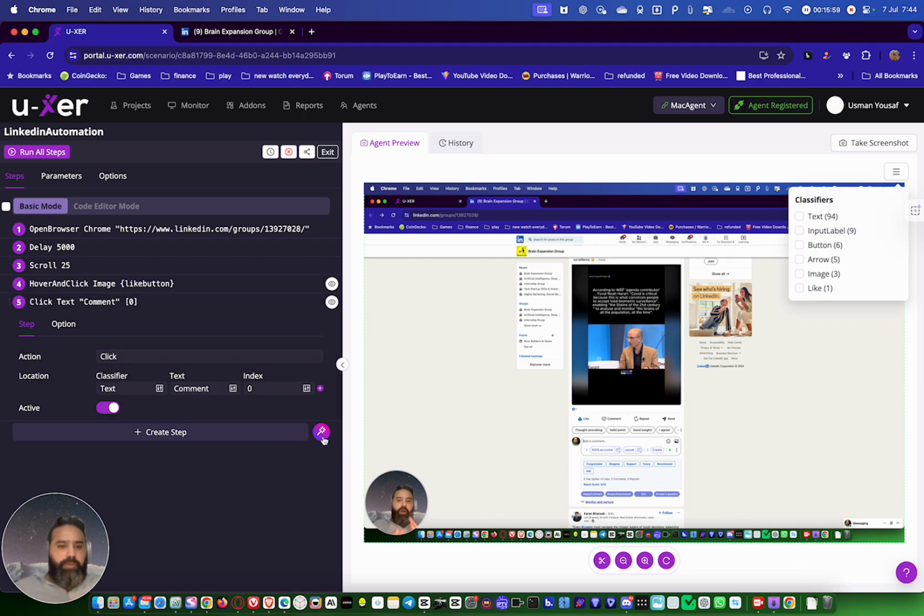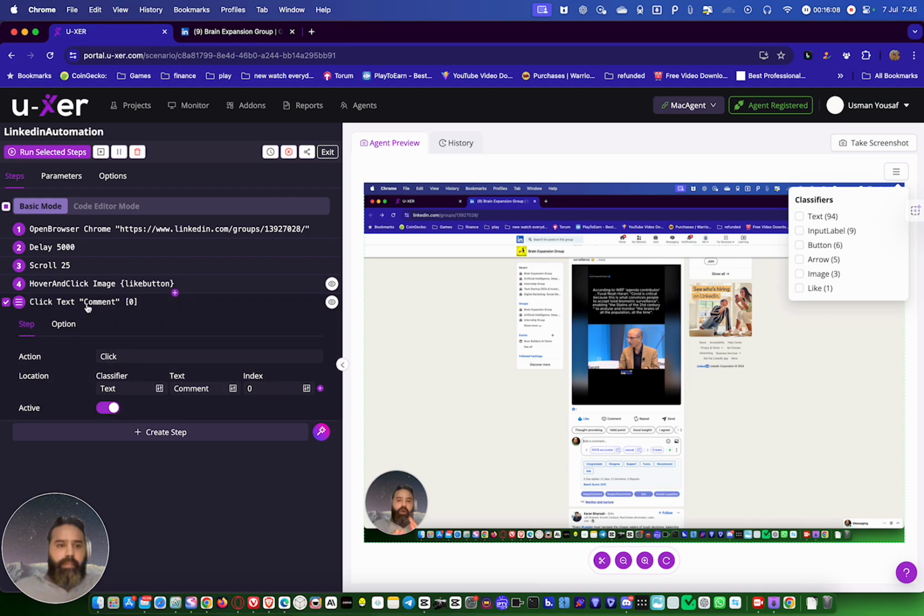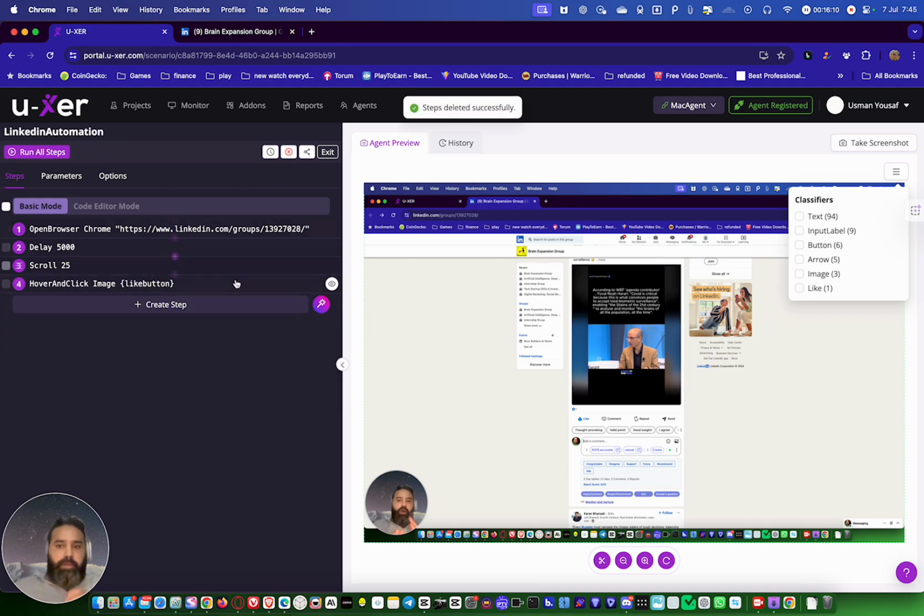So now what we will do, first we delete this one. Okay, let me repeat the steps again. Open the Chrome browser, delay 5 seconds, then scroll, and then hover and click on the image like. Now the second image we're gonna make it for the comment button.